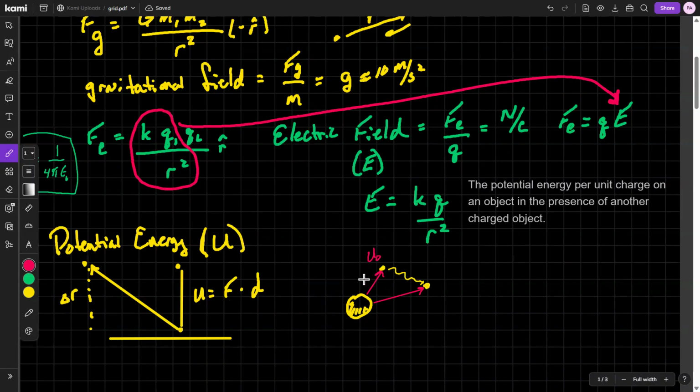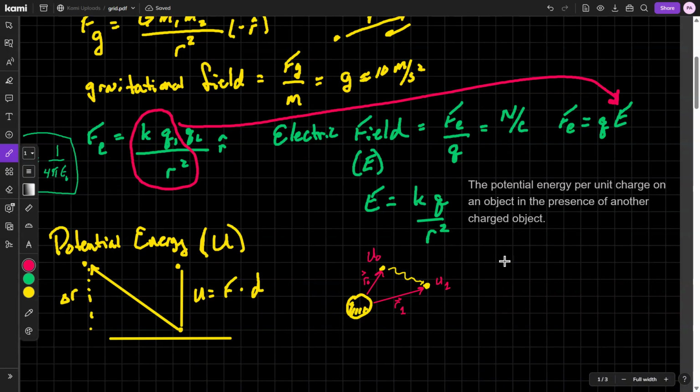The only thing that matters is R naught and R1. The only thing that matters is that it got further away from the planet, right? It doesn't matter that it's further to the left or to the right. It's only a radial change. Okay. And so